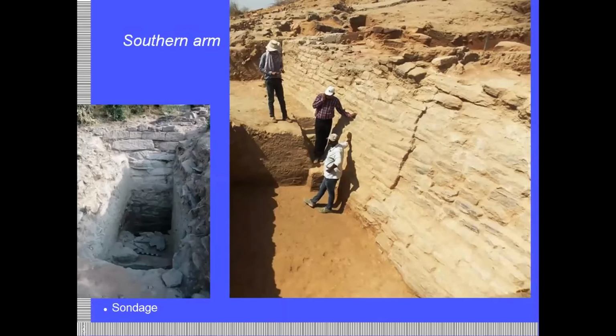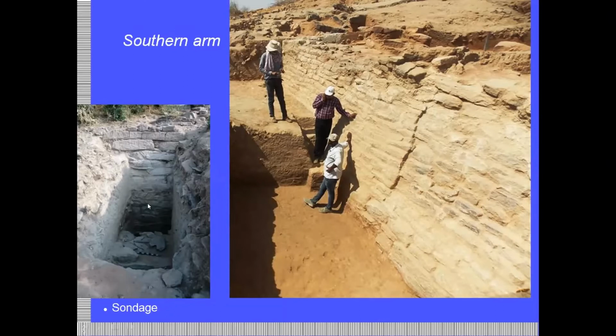Well, this is the southern arm of the wall. You can see how strong it was. This is an addition, of course, to the outer face of the southern arm. This is just the addition of that. This addition is surviving up to a height of 3.5 meters. You can see how people